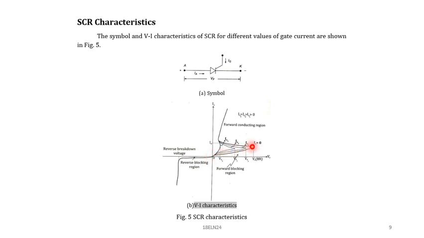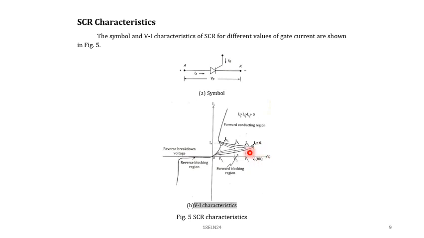Now the forward characteristics. If I increase the forward voltage, the voltage applied across the SCR, in terms of 0, then 0.1, 0.2, I increase it in the positive direction. Then when I consider the gate current IG to be 0, you can observe the different forward voltages VF3, VF2, VF1, VF, and this is called the VF breakover voltage.